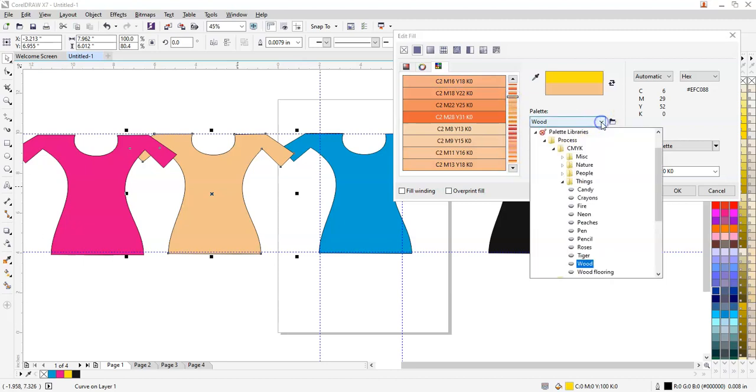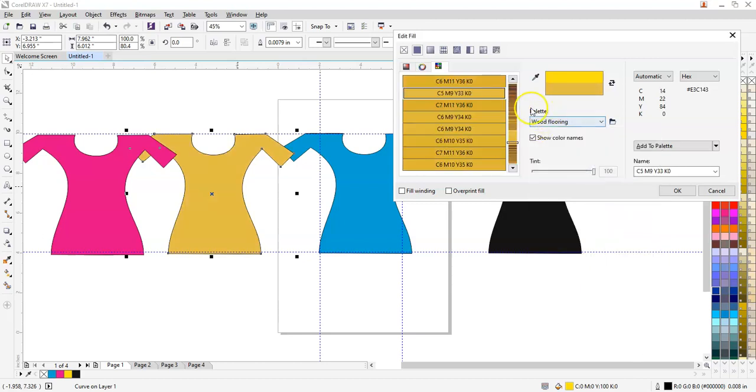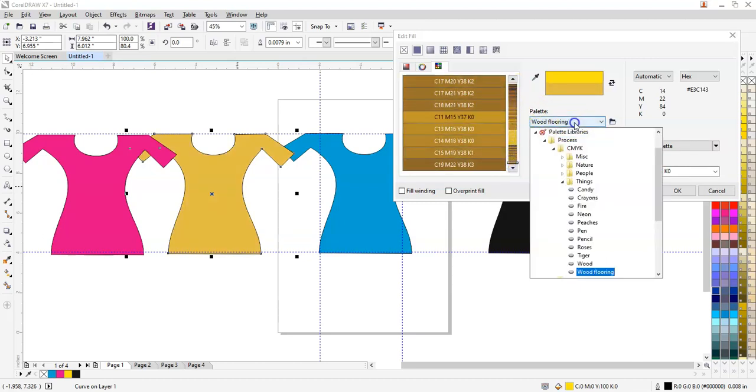So similarly, you just have to surf through all these colors. As you click, like wood flooring, then you have the wood flooring colors. There's a very big list of colors available. You will take at least an hour or two to go through all the colors. So in your free time, what you could do is go through the shades and colors so that you could note down certain frequently used colors, and quickly go through that particular palette and get your colors back again. Okay.